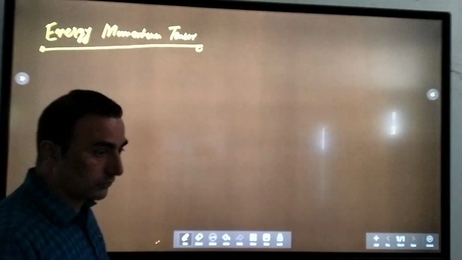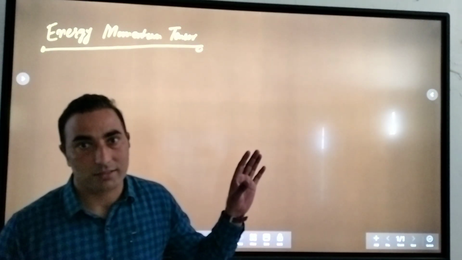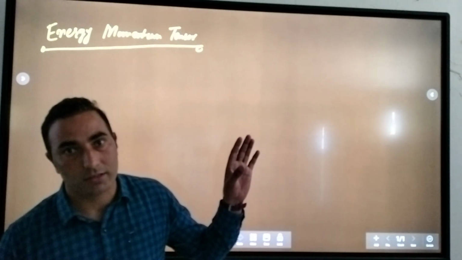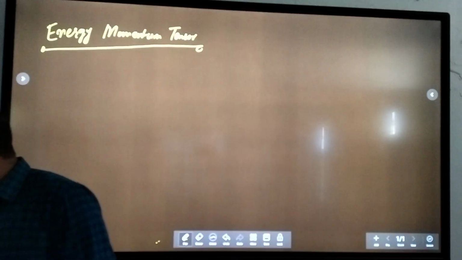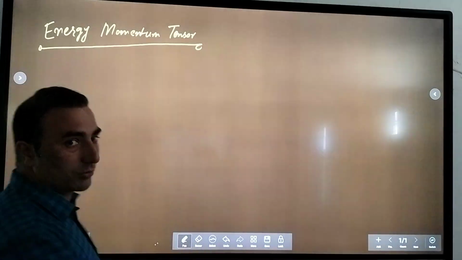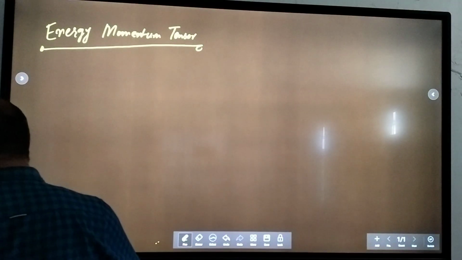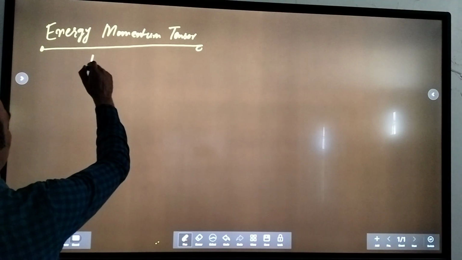So today's lecture is about the energy momentum tensor of the electromagnetic field. In one of my classes we have discussed what the energy momentum tensor is. Now we need to discuss again the energy momentum tensor of the electromagnetic field. You might remember that the action for the electromagnetic field can be written as